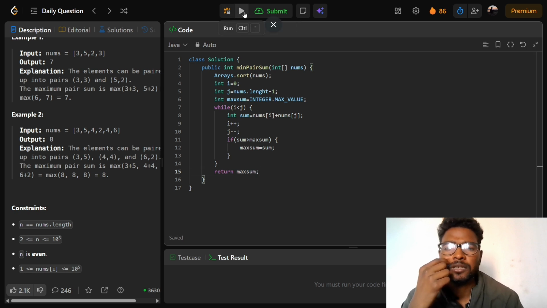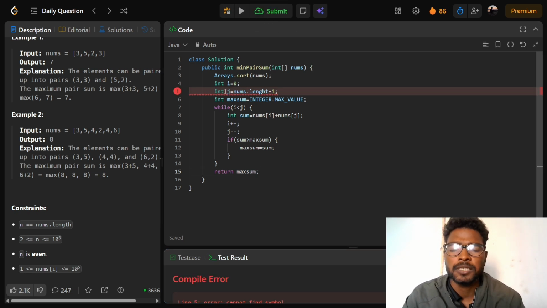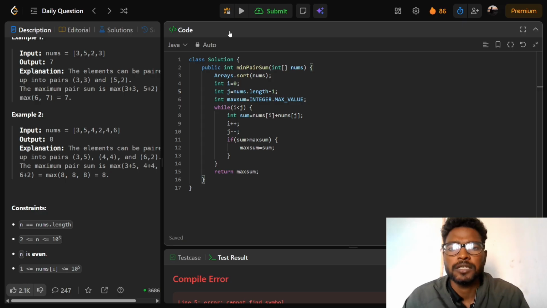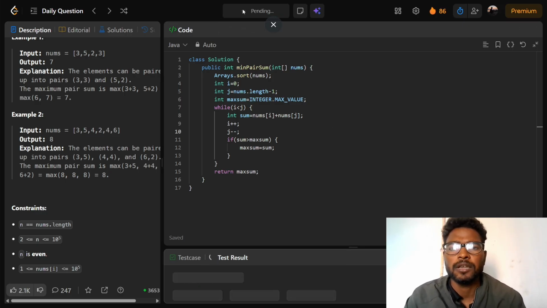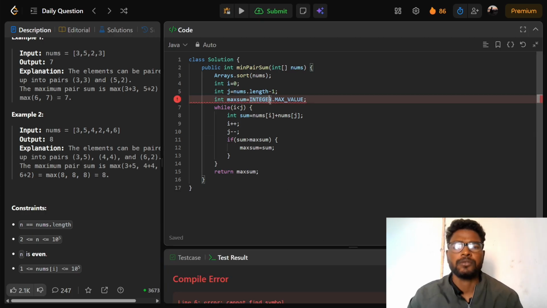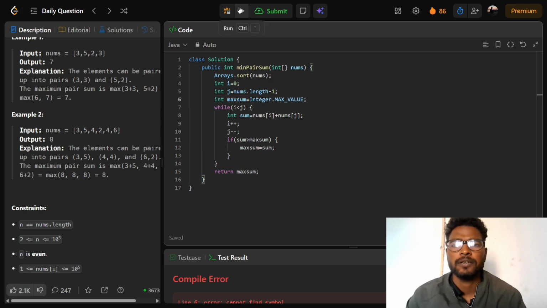Let's run this code. Sorry, int j is nums.length minus 1, some spelling and syntax error, Integer.